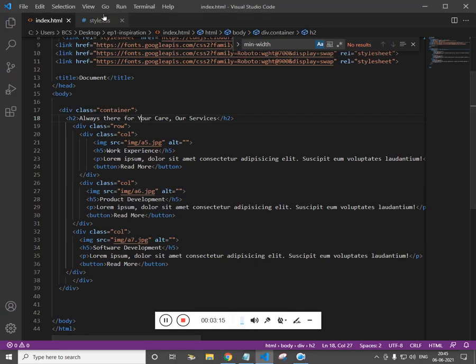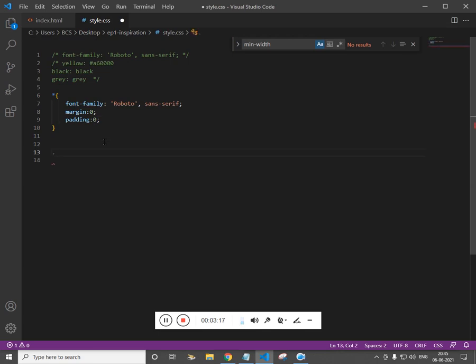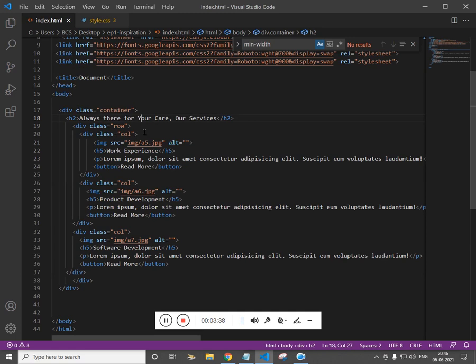Let's work on the CSS. We are going to follow the hierarchy just to avoid the CSS overriding. So we have container. Inside container we have a row. So actually we have first h3. Let's cross check. It is actually h2.